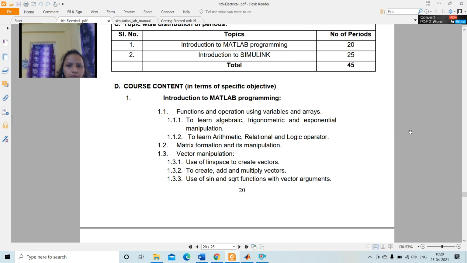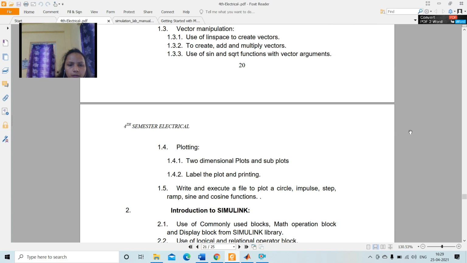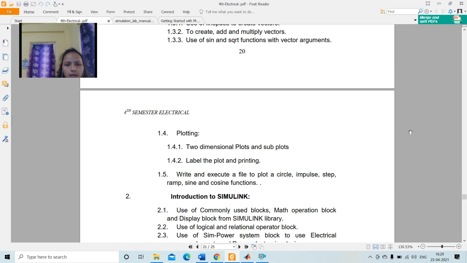By using these operators we can perform mathematical manipulations, then matrix formation and its manipulation, vector manipulation, then plotting. We are doing two-dimensional plotting and subplotting, label of the plot and printing. We can execute some plots like circle, impulse, step, ramp, sine, cosine.